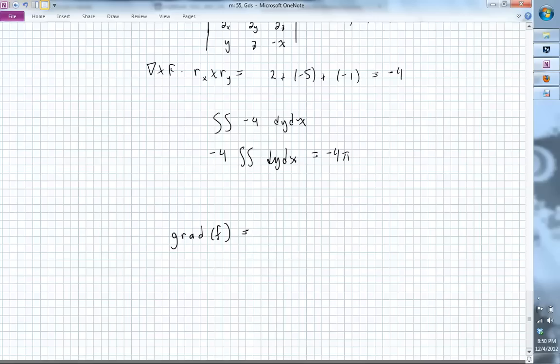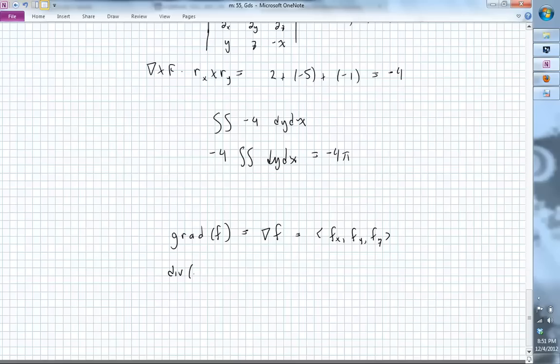So the gradient of f in our notation is this. And for a three-dimensional vector, it's the partial of f with respect to x, with respect to y, with respect to z. That's just the definition, and it only works on a scalar f. It doesn't work on a vector f. Now, if you want to take the divergence of that thing,